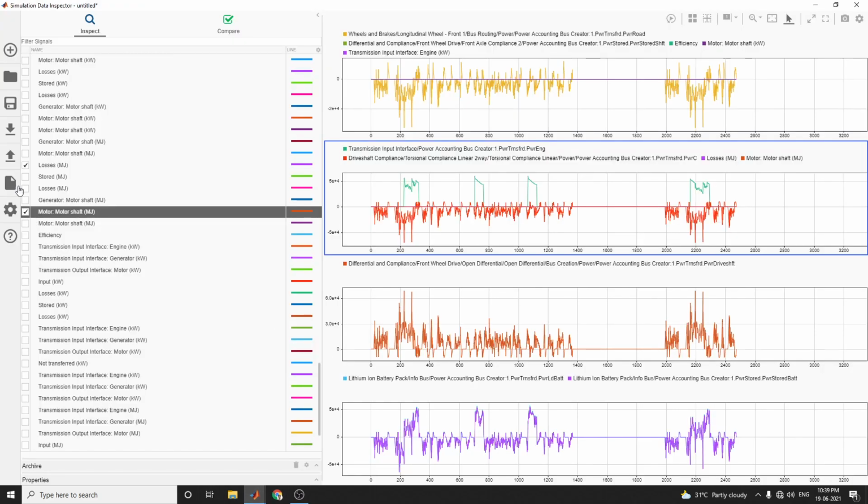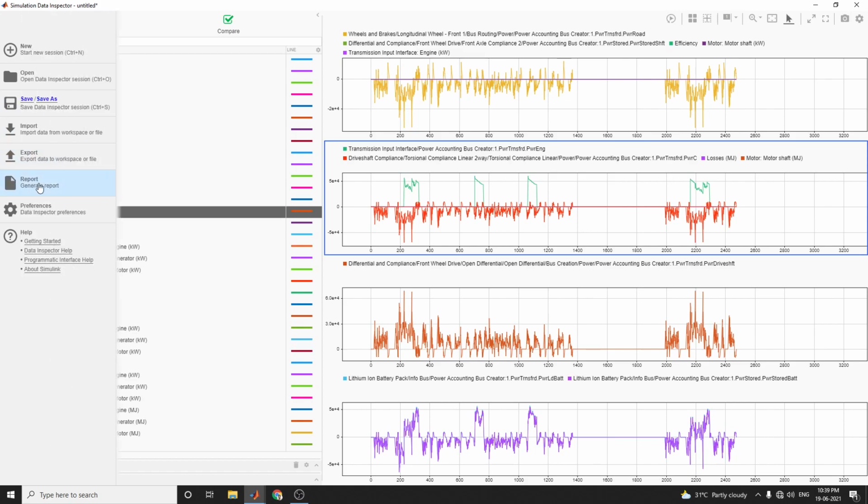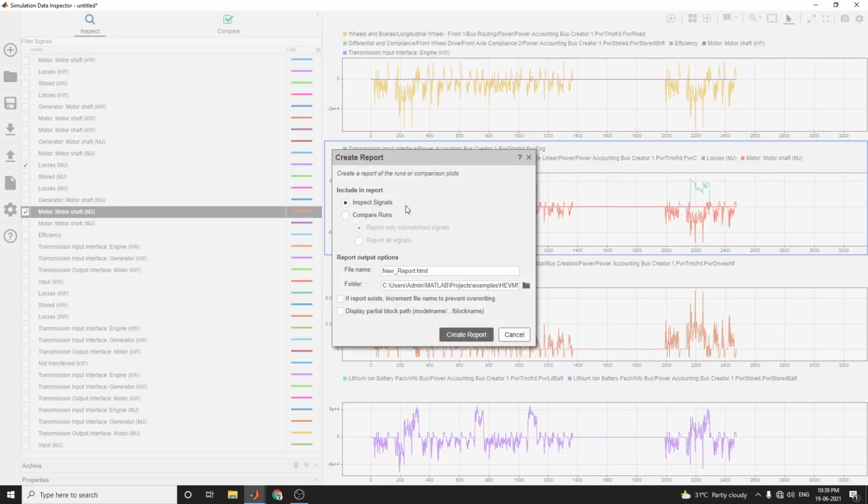Similarly, you can see the generate report block, where you can specify the folder and all those things. Also, it is saved in the form of an Excel sheet.